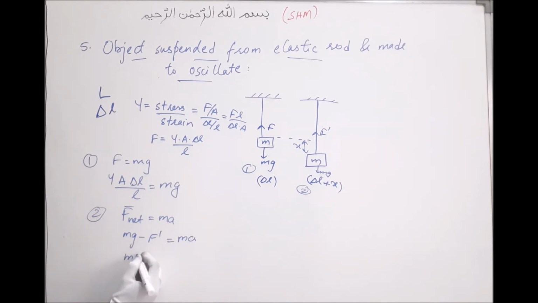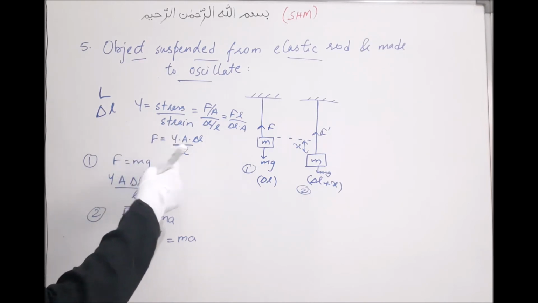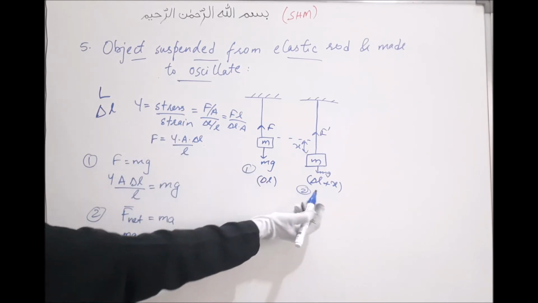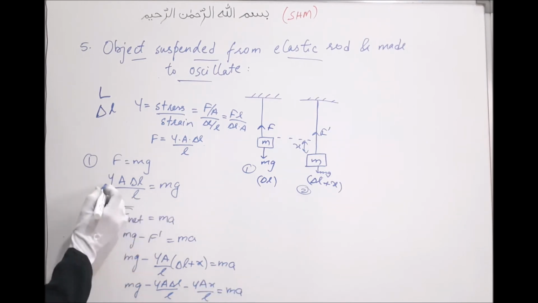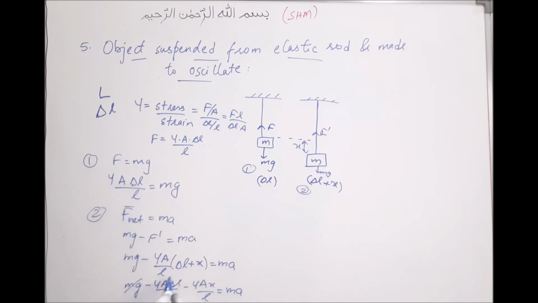So it will be mg. What will be F dash in this case? It will be Y A upon L, but the total elongation here is delta L plus x. So this will be Y A upon L into delta L plus x is equal to ma. Solve this, open this, we'll have mg minus Y A delta L upon L minus Y A x upon L is equal to ma. From here mg is Y A delta L upon L, substitute here,